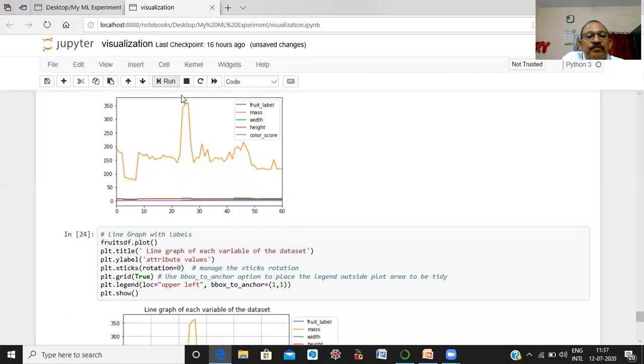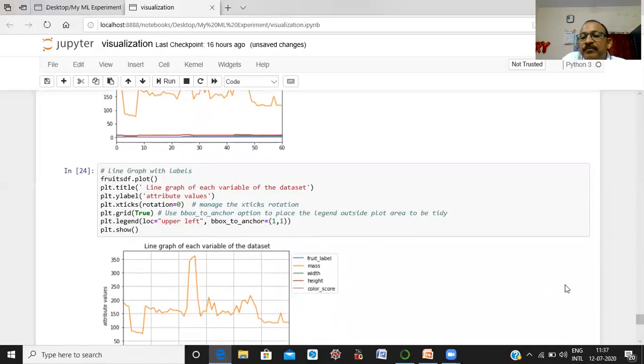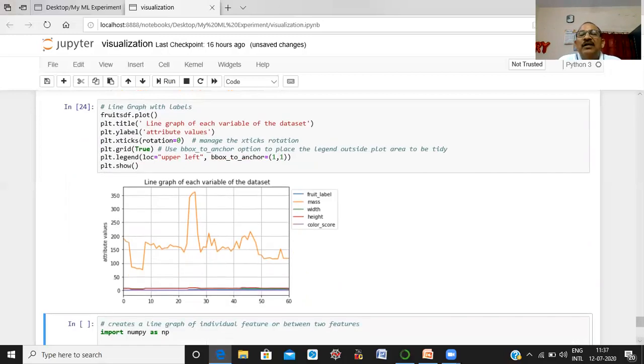Here you can see, in this graph the grid is also shown. And we directly draw the line on the data frame. With the help of the data frame, we can draw the line of each variable of our data set.